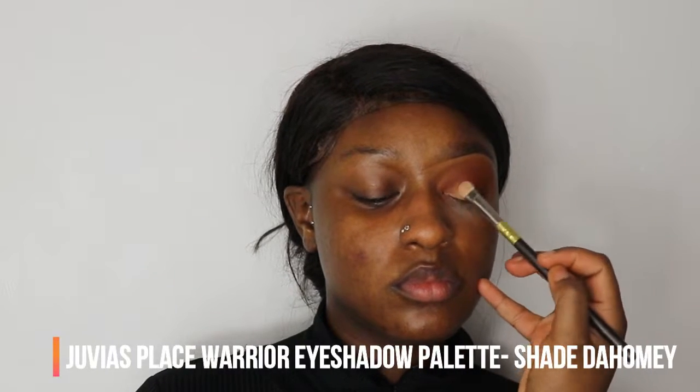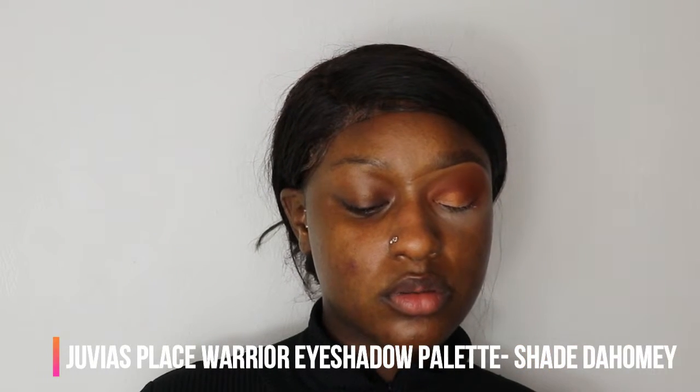Today we're working with somebody that has very small lids and very hooded eyes, so I really want to make attention to her eyes and make it look bigger. And I'm using this light shade just at the top so we can have a color story, a free color gradient. Okay, so now I'm taking this beautiful shade Dahomey from the Warrior palette and I'm placing that just